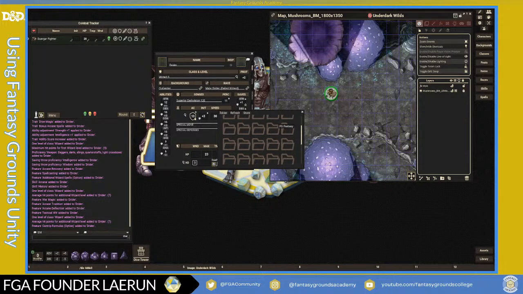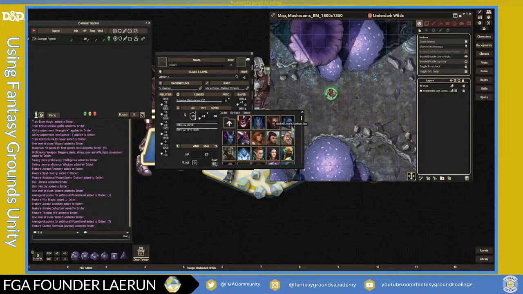Anybody have a name for him? Bonus points for that. So I'm waiting for the portraits to load up. Kind of got an interesting party here. We got a Dwergar fighter, and we're gonna have a Drider wizard. Okay, so I'm just gonna pick this dark elf here, even though it may not be right,